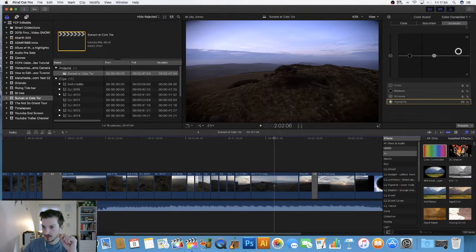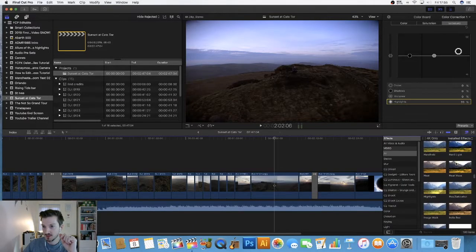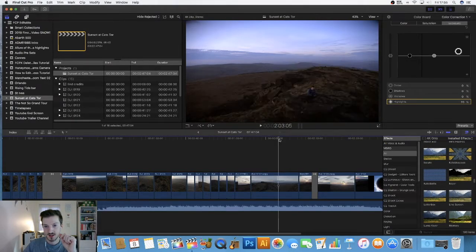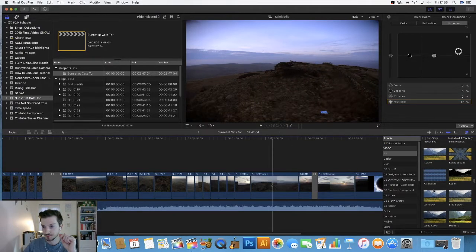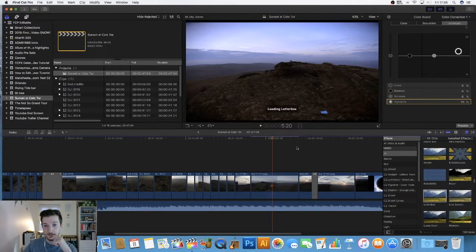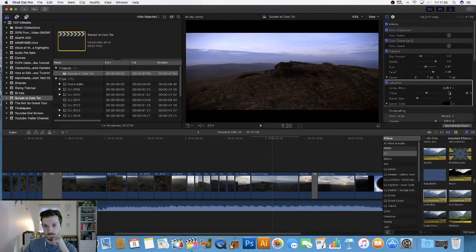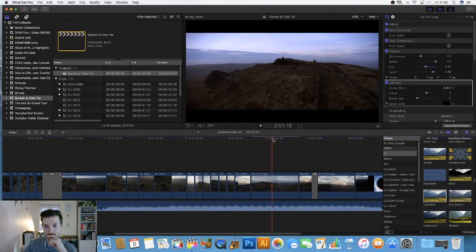Okay, right, it's finished doing that. So let's get the letterbox. Okay, so let's just take this scene, for example. If we drag the letterbox in, we just have these two very thin bands. But what I'm looking to do is this one, the 2.35:1. This is the very, very cinematic. So I'm going to go for it,